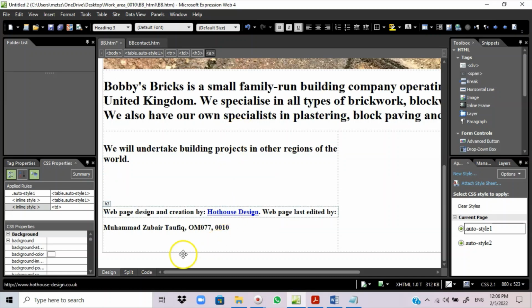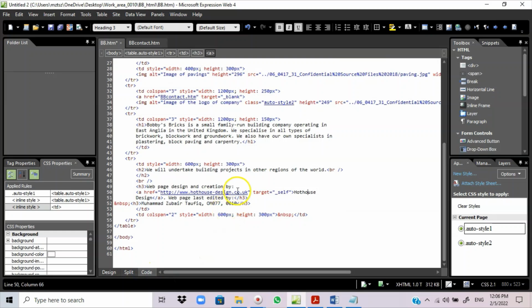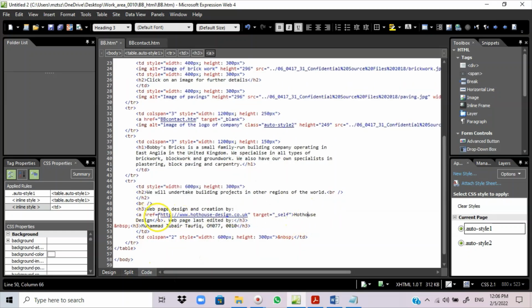Now I click on that and I click on the code. Here you can see that the hyperlink AH reference, that is done. Now the next is